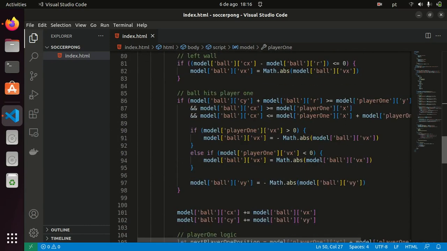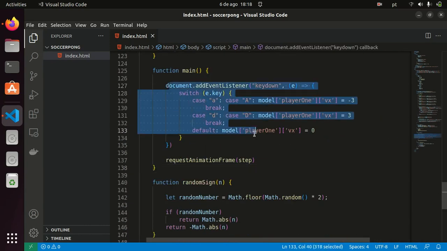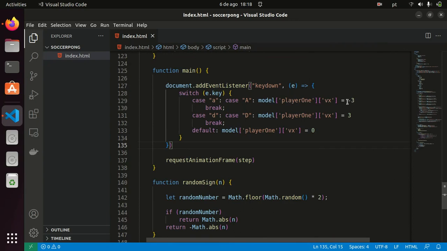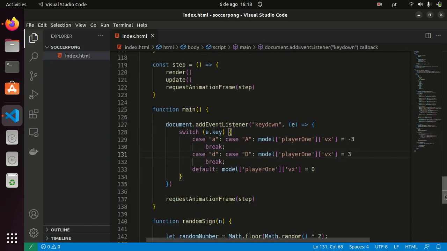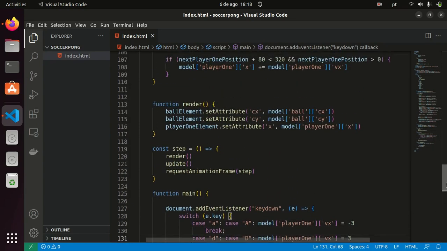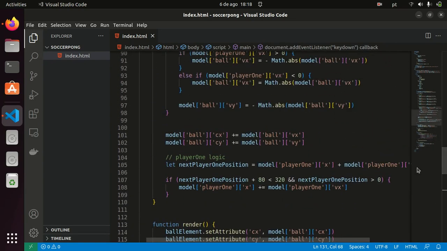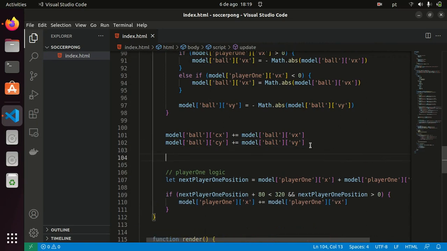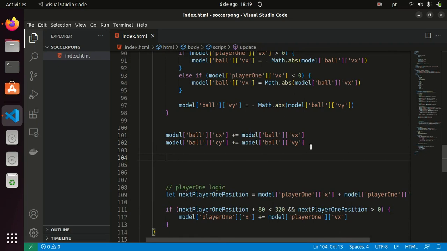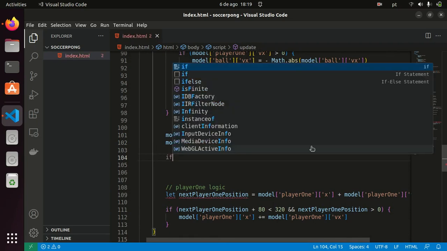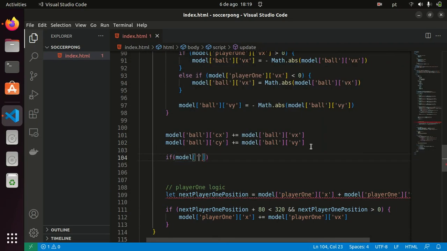Here in our add event listener, we can see that the horizontal velocity of the player 1 is either -3 or +3. And what we are going to do here in our update function is to say if model ball